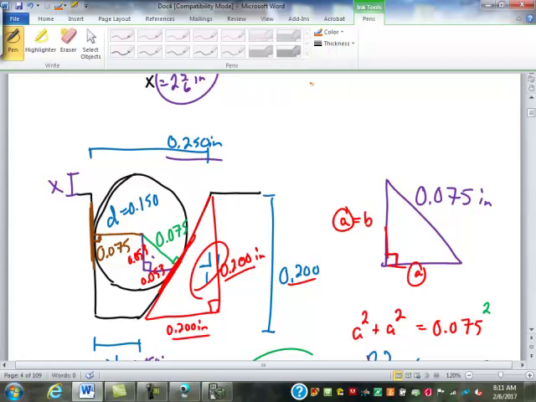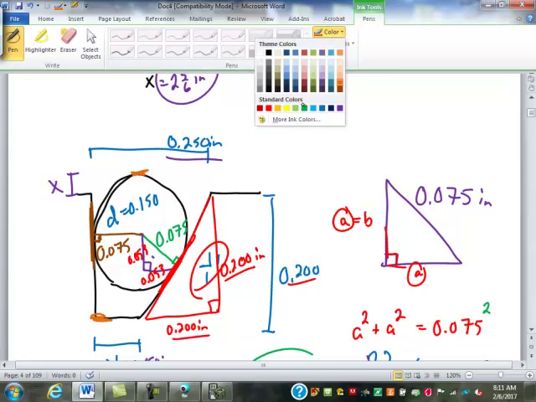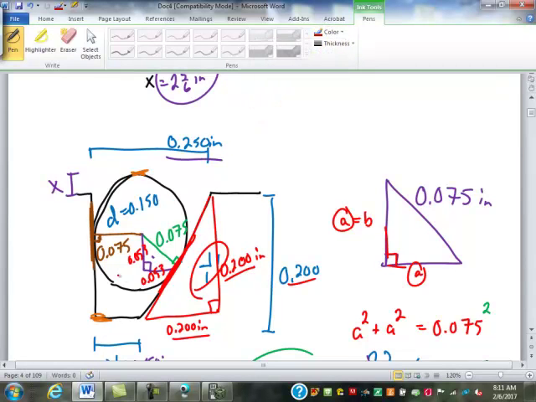Now, to get the height up here, we're going to reference off the bottom of this. There are 3 dimensions that come involved. From the very bottom up to here, which is where it touches this surface. There's from here to here, which we just found to be 0.053. And there's from the center to the top, which is just the radius of 0.075. So we've got to find this one down here next,